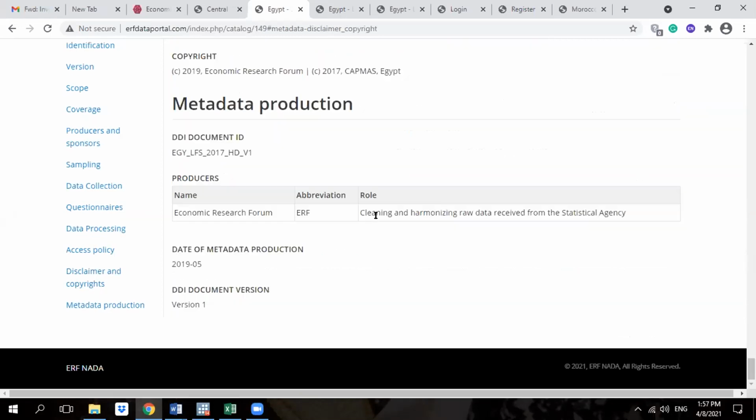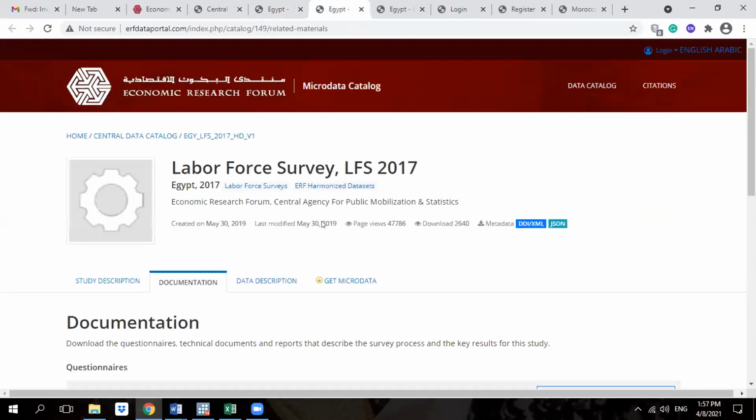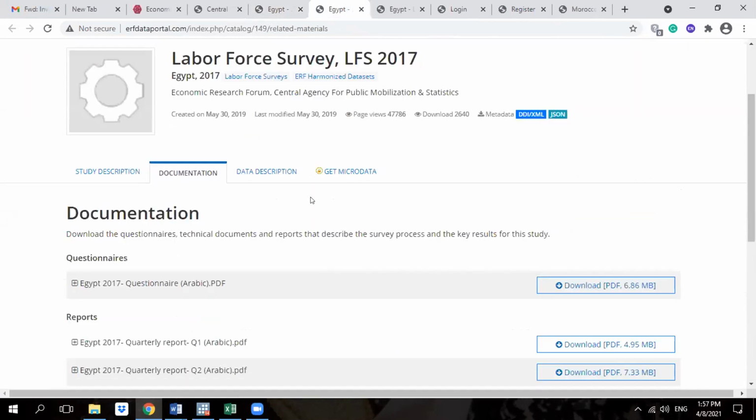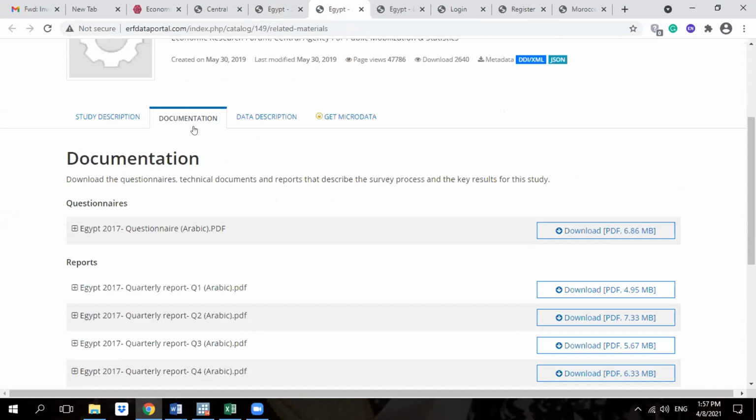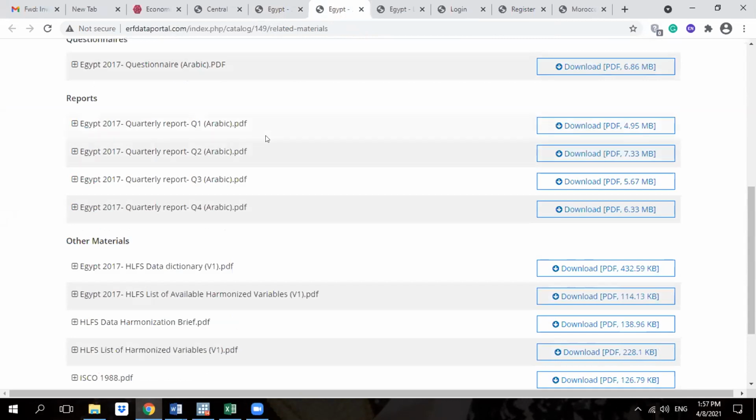Also, you can get the citation from the slide description.